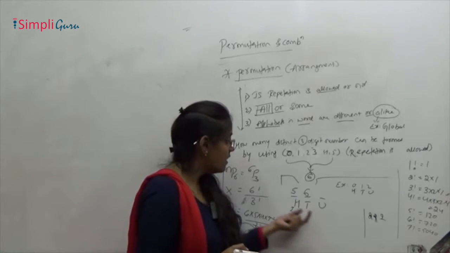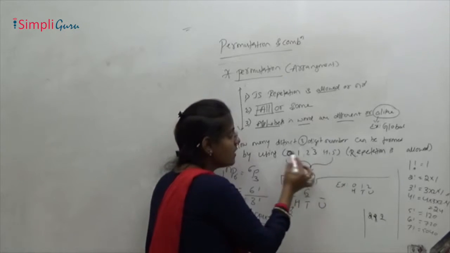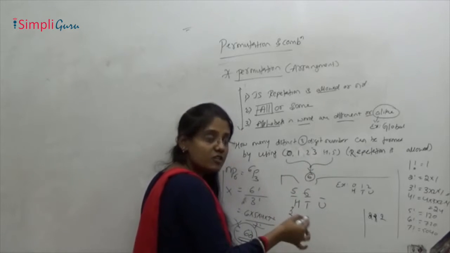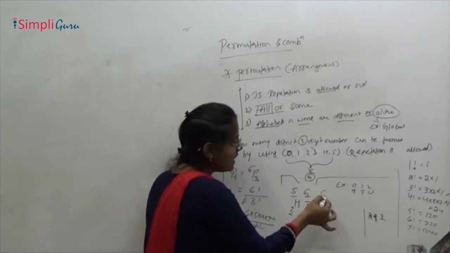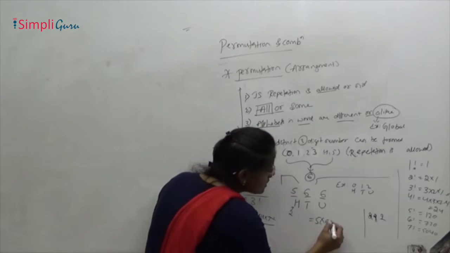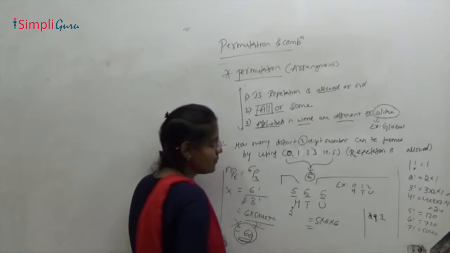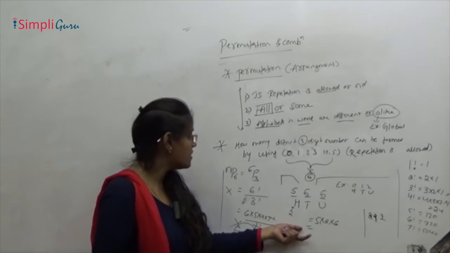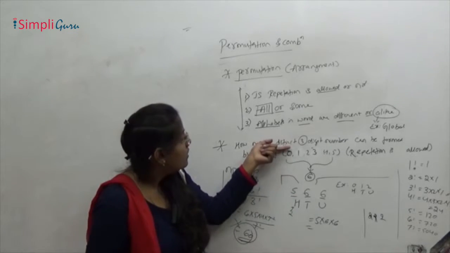Correct. Next, how many total numbers are there? 1, 2, 3, 4, 5 and 6. Because repetition is allowed here, I can write all the 6 numbers. So do the multiplication: 5 into 6 into 6. So these are the number of ways to arrange the